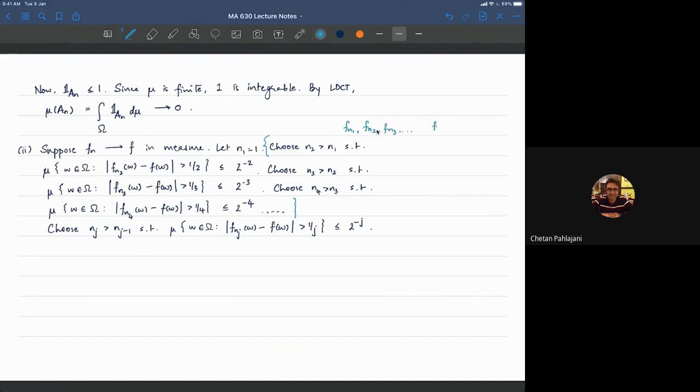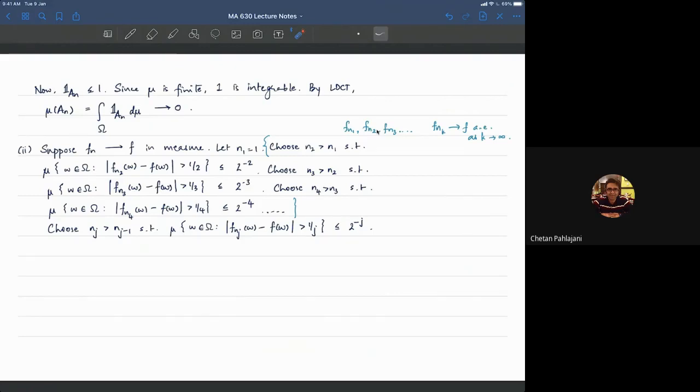Such that f_{n_k} converges to f almost everywhere as k goes to infinity. This is what you're after, right? So now what I'm saying is we'll take f_{n_1} to just be f_1. Now remember, what do you know? You know two things. Well, maybe you know many things, but there are two things you have to keep in mind.